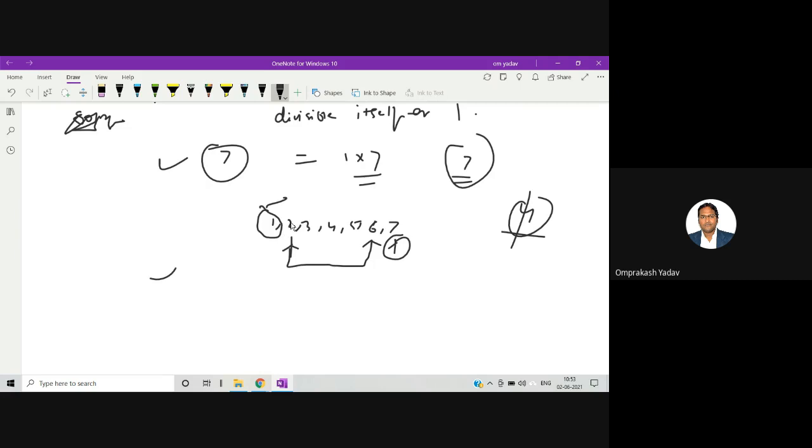But if the number is too long, then the computer will require a lot of time. And many encryption algorithm keys are based on prime numbers, because it's difficult for the computer to determine whether the number is prime or not, because it will have to check all along, starting from 2 until that number.